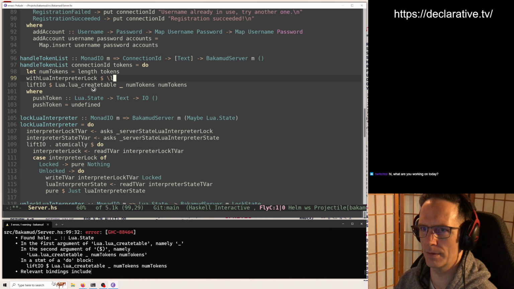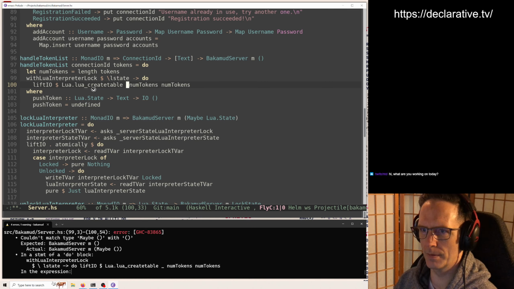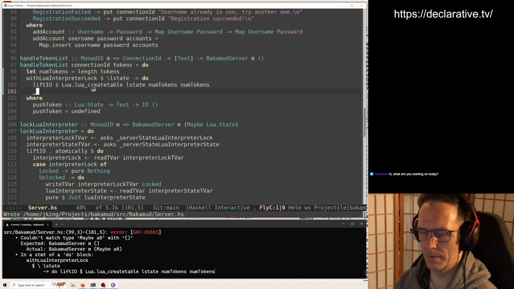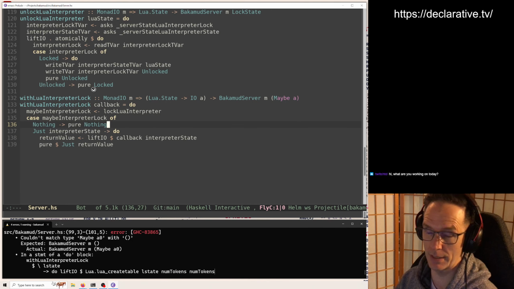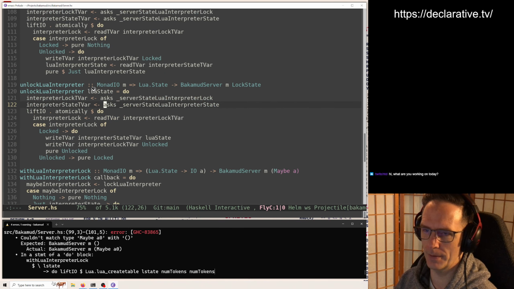We get the Lua state, and it returns maybe a return value. Call the callback in IO. Oh, because if we got nothing, right, then it would be like we didn't hit the log, we didn't execute your function. Okay, so